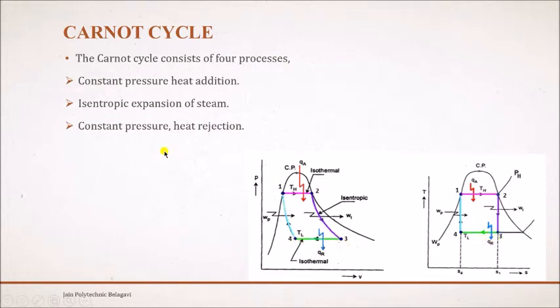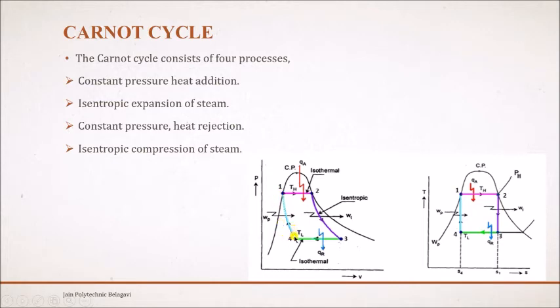Once the steam has been converted into water by the condenser, we use the pump. The same pump is used to pump the water from the condenser back to the boiler. That process we call isentropic compression. During this process, using the compressor, the water is sent back to the boiler. Again the same water is heated in the boiler and steam is produced. That isentropic compression can be seen in the PV diagram as process 4 to 1.